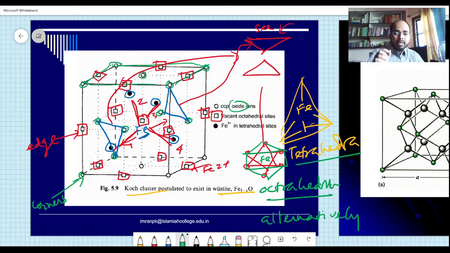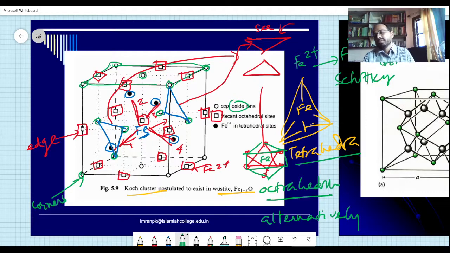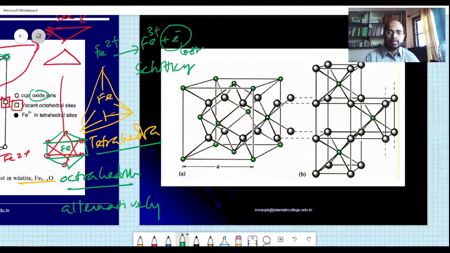So you can see within a cube you can have tetrahedra, octahedra alternatively. Okay, so this will destroy some kind of arrangement of the crystals, and it's a kind of defect, and loss of a charge. The conversion of Fe2+ to Fe3+ is a loss of charge. Fe2+ to Fe3+, an electron is lost. When the electron is lost, this gives rise to some Schottky defect, and the charge has to be balanced. So rather than balancing, the ion will move into a stable site, for example, it can move to the tetrahedral site, and it may be stable there. So you can substitute ferrous and ferric ions within them and get an idea of the crystalline property of that.